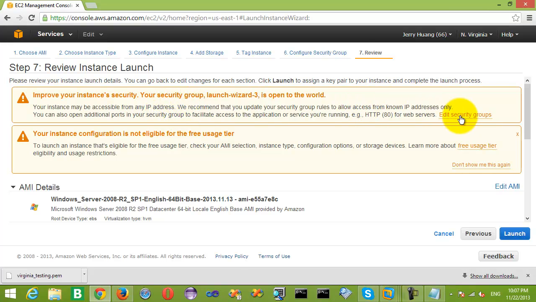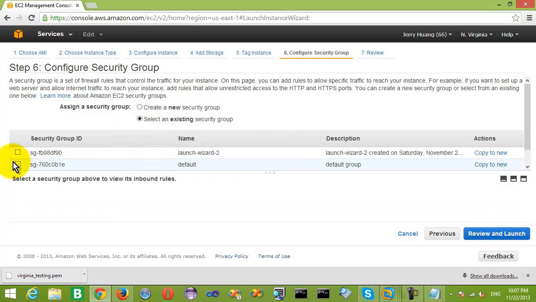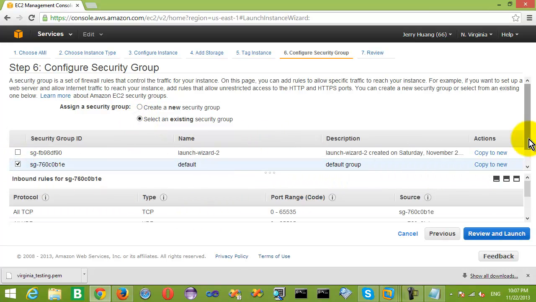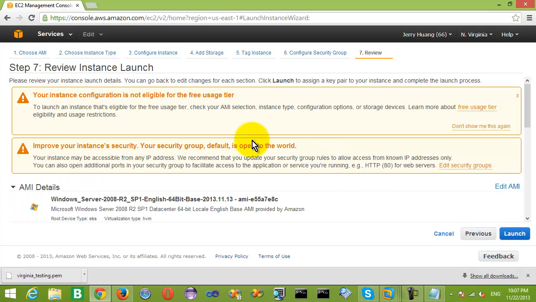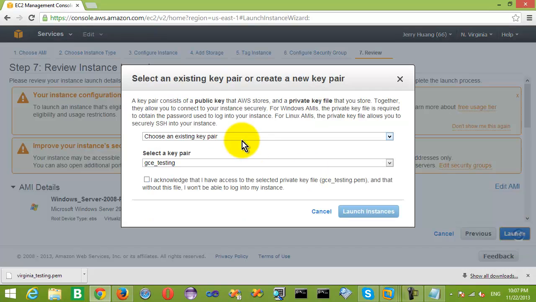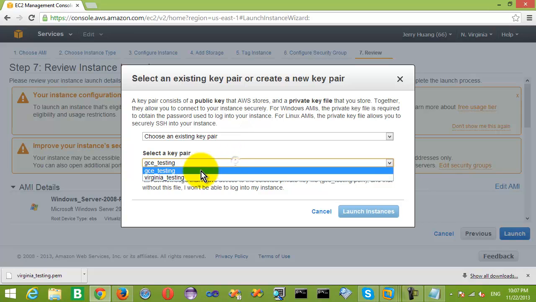For the security group, we have a security group that has port 80, port 443 open, so let's just use that instead of the default launch wizard. So we will be selecting a default, so port 80 is open for now. You can turn it off and close the port later on once you get SSL and HTTPS all ready. So now let's review these options and then we should be ready to go. And now let's use the